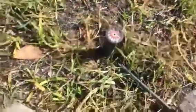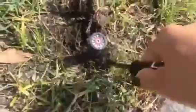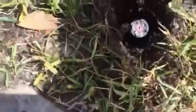I want to show this short video of me fixing my sprinkler that was stuck in the up position for a long time. I was concerned that I would run over it with my car because it was right at the front part of my garage. So instead of digging the whole thing out, because I knew it was connected with PVC pipes and that kind